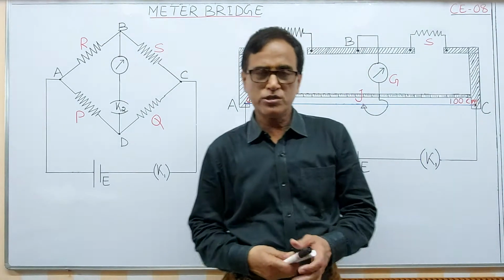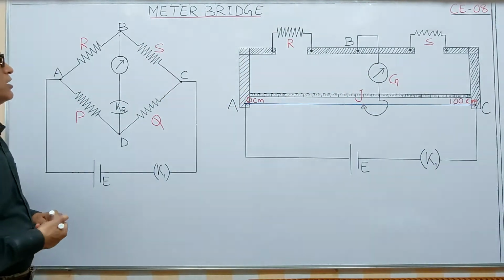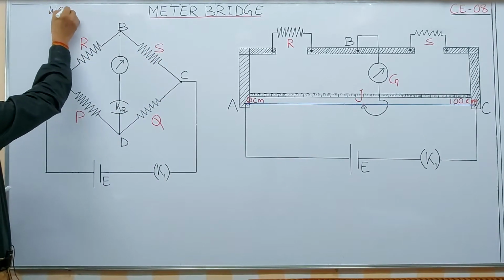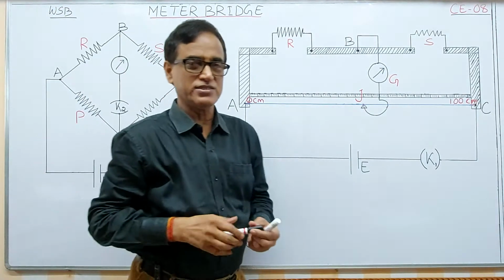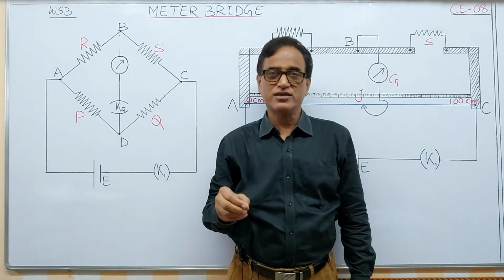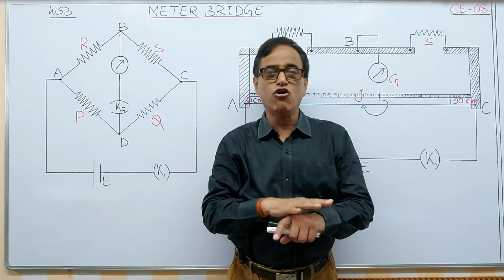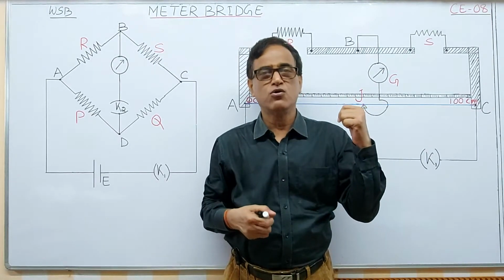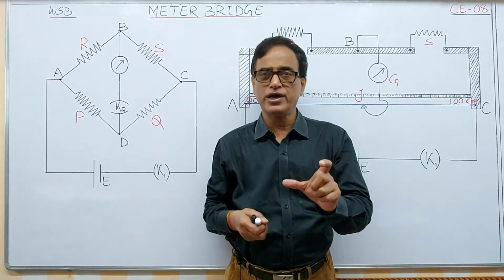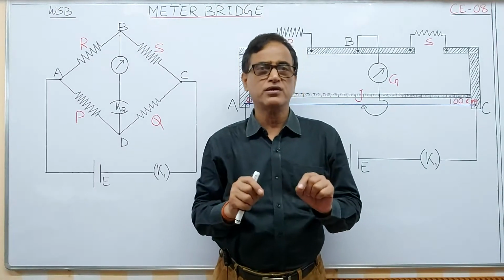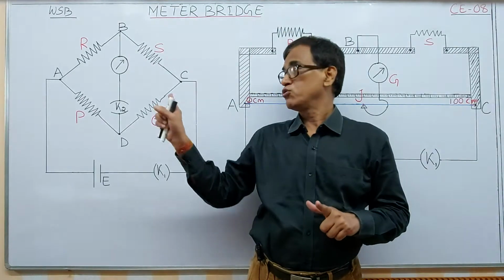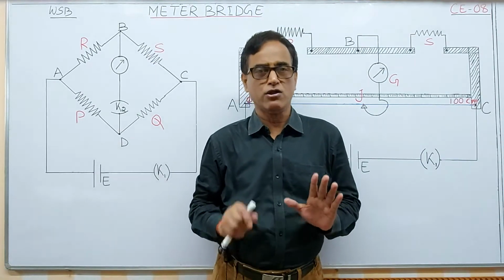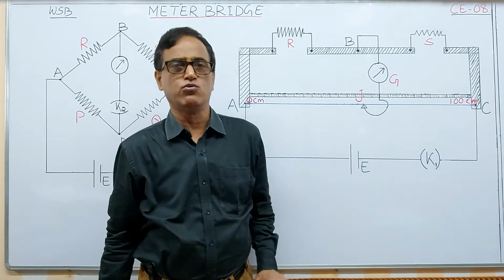Okay. Now, the Wheatstone bridge arrangement. Let me recollect your memory first. Wheatstone bridge is an arrangement, and this is important for practicals. In Section 1, in which you have all the electrical experiments, Ohm's law, then there are 3 experiments on this instrument. One is the determination of the unknown resistance of a wire, and this meter bridge is a practical instrument based on the Wheatstone bridge arrangement, by which we can find out the unknown resistance of a wire. I will show you some wires whose resistance should be found out.